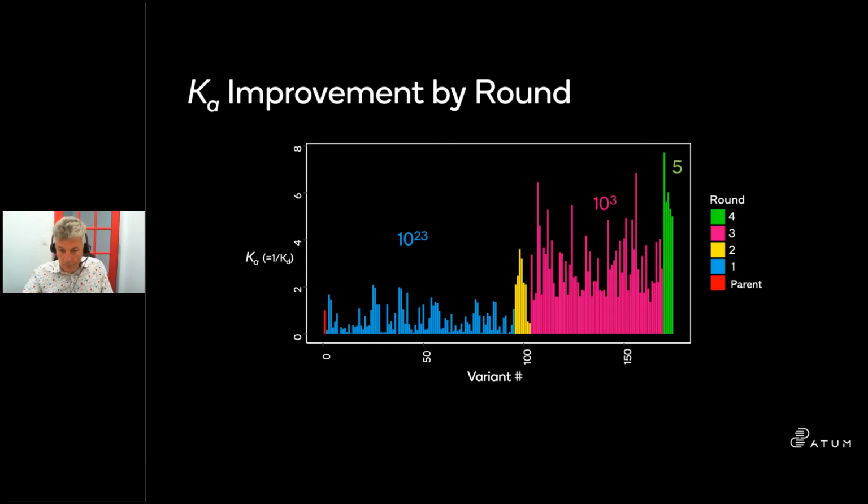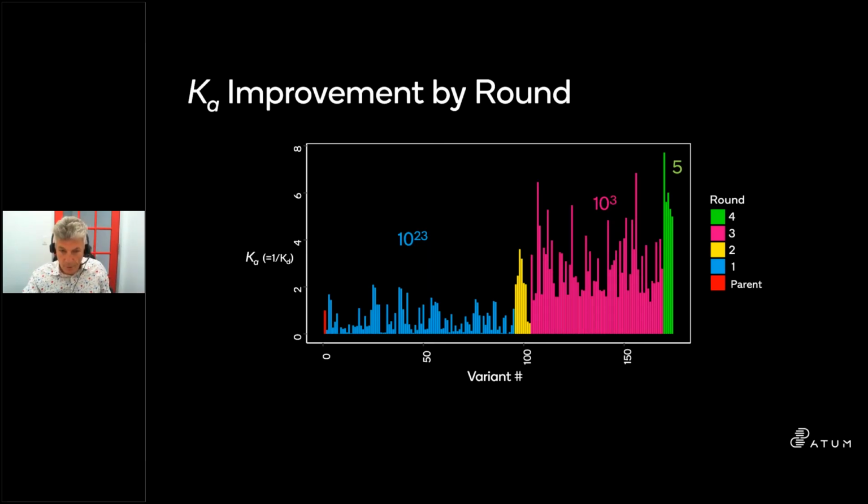So instead of just looking at the substitutions as they came in, let's look at the activity here for the binding. Here we're looking at the reds, at the blue round, the 10 to the 23 round. So looking at binding now for each of the different variants, 1/kd. Here's the starting point, and this is the commercial molecule. It had some binding to its target, and then in round one, most of them are worse. A couple of you guys are better, but you have a nice even distribution, which allows you then to really build good models that can correlate nicely with